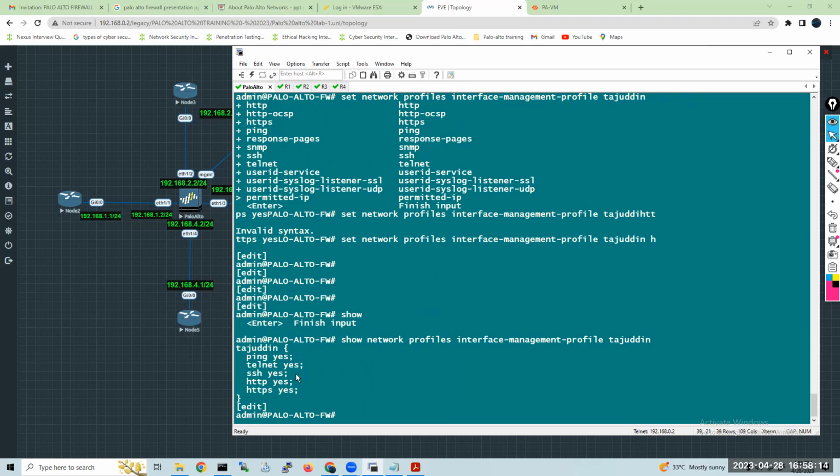Now, HTTP, how can we use it? Because I want to take the backup of the firewall commands, what are the things we did. So how can we do that? Backup, like the commands. Okay, so there is a software that is called Win Agent. Let me show you that.